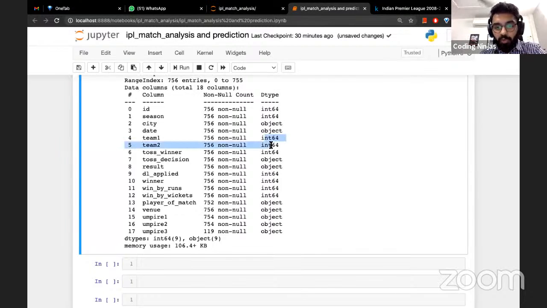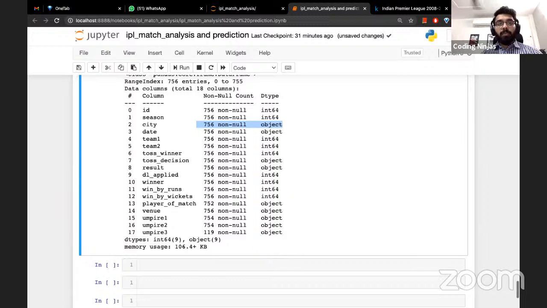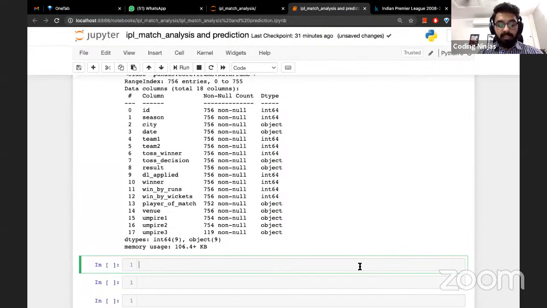Team 1, team 2 have now been converted into integer data type, and toss winner as well, the ones that we have added the encodings for. And the city column, if we see, now contains 756 non-null values. So all of those missing values have been imputed correctly. Now the next step is to drop all the rows, but before that, let's quickly look at one very important